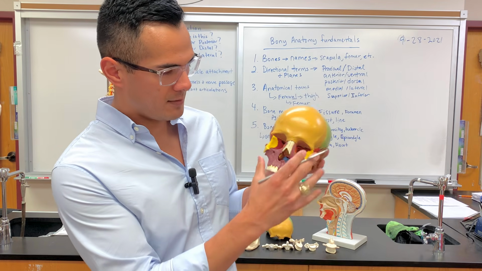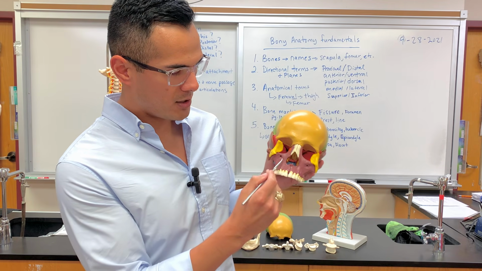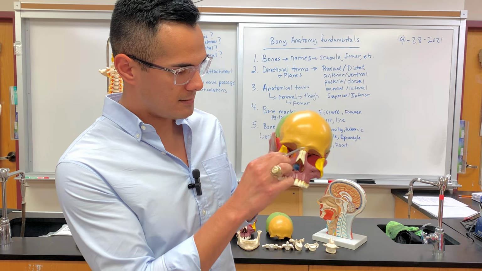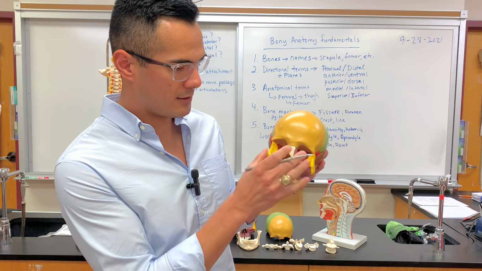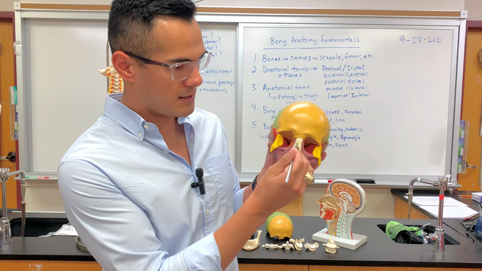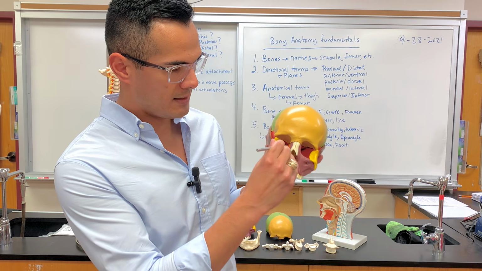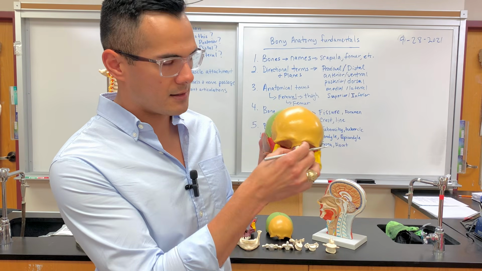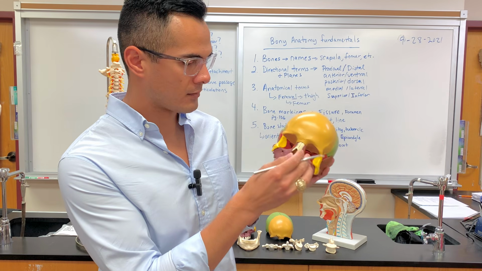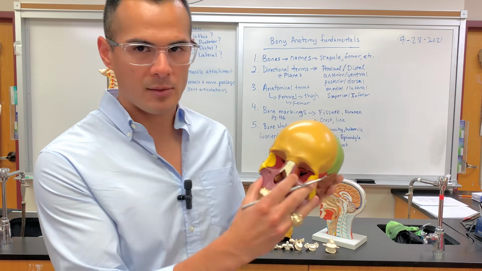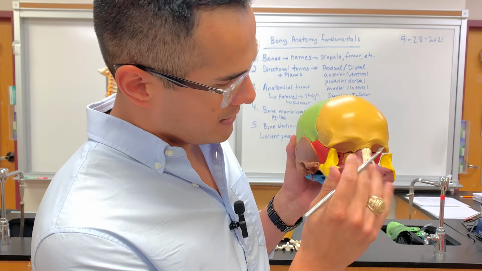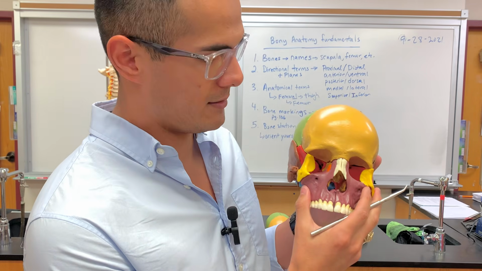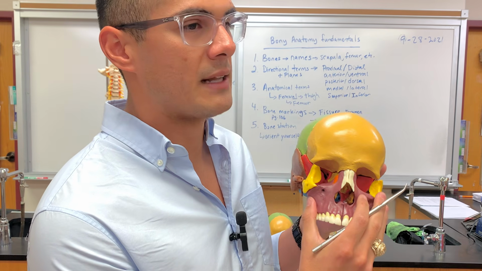And then if you look at it from an anterior point of view, this part is what's known as the maxilla. So you have the maxilla, this is the zygomatic bone or the cheekbone. This is the nasal bone. And this part here in orange, if you look at it to the side, that's the lacrimal bone. Okay, and then this part here, if I bring this a little bit closer towards the camera, this part here in yellow, this is what's known as the ethmoid bone. So ethmoid is Latin for